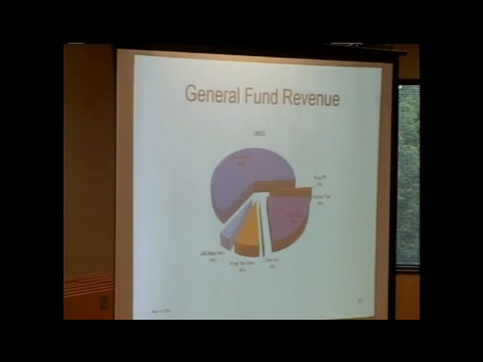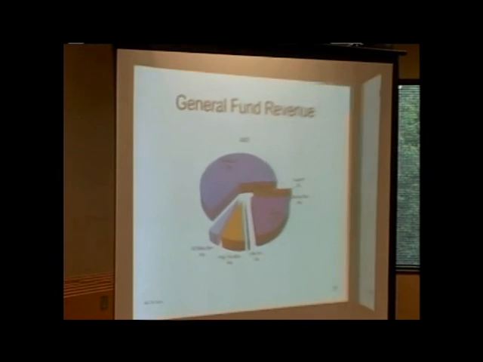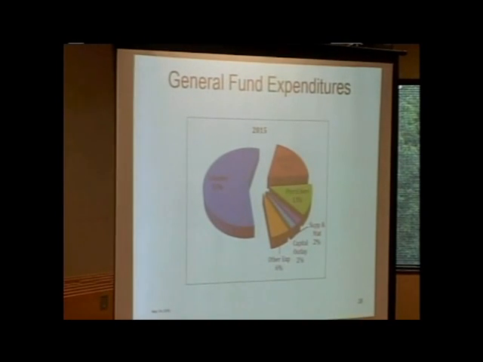The general fund expenditures, the blue line here is 57%. That's this line. If I can get over here to these guys. Right there, that's the line, 57%. The benefits are, oh, here, you know what? They didn't change it for you guys. I'm looking at my screen. Sorry, guys.